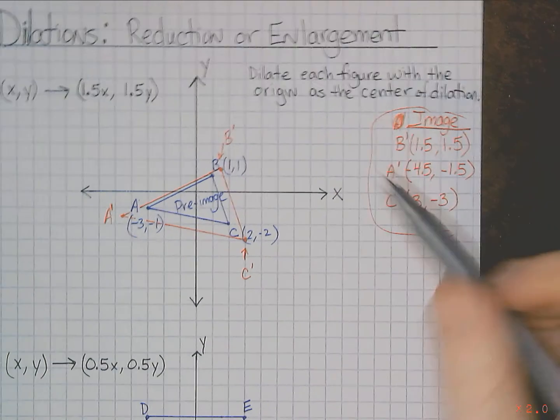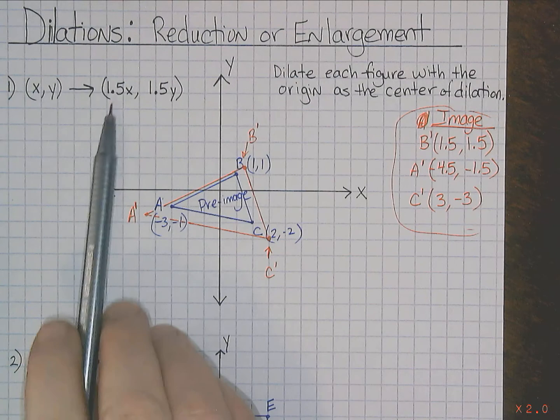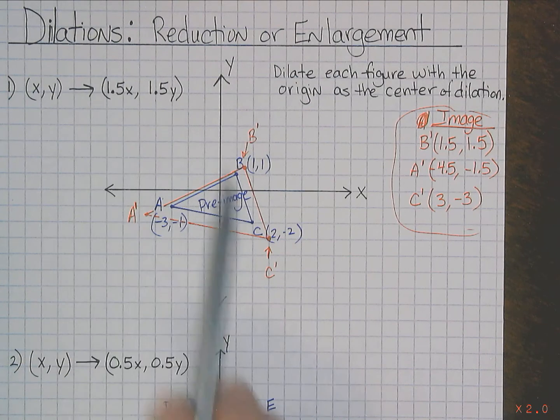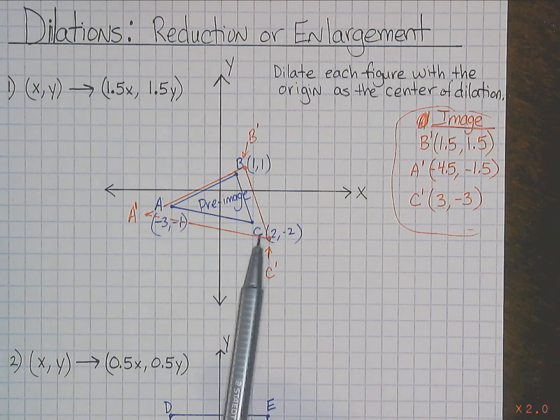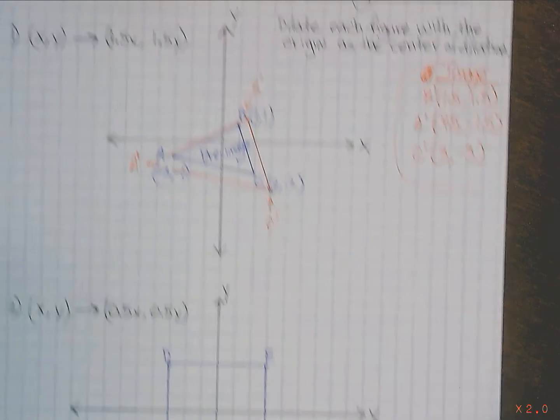But basically, if you take a look, your pre-image was smaller. Everything's being multiplied by 1.5, so it grows by 150%. So that's it for 1. Now for 2,